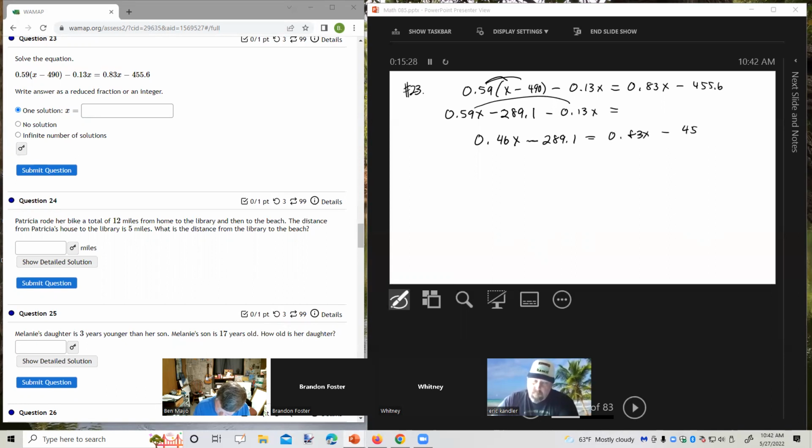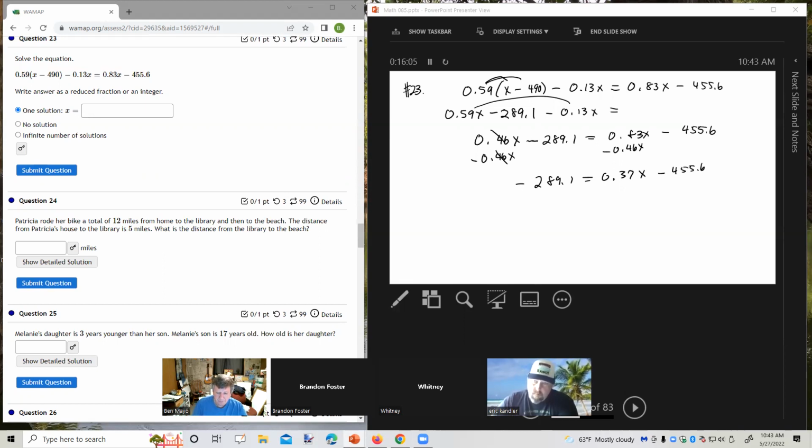0.83x minus 455.6. Okay. Let's put all the x's on the right side. So I'm going to subtract 0.46x. So I get negative 289.1 equals 0.83 minus 0.46, which is 0.37x, and then minus